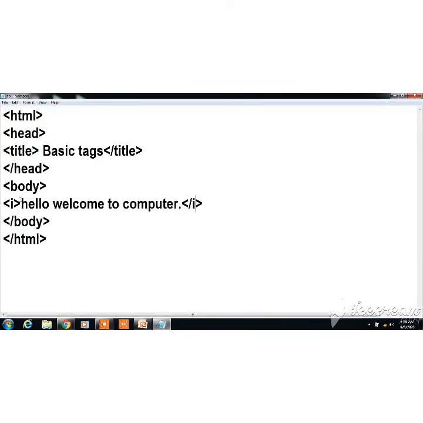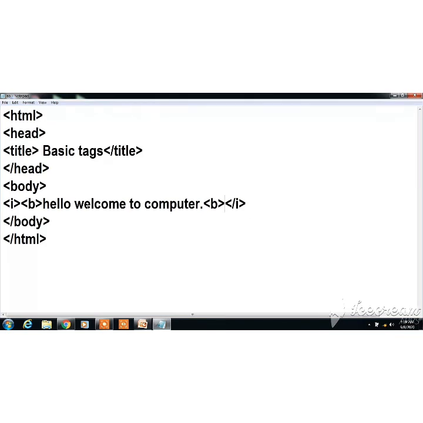You can make it italic as well as bold. So many things you can do. See, firstly we have used italic tag, after that bold. So here also the last tag we have opened, we will close first. So first we will close bold tag and then italic tag.